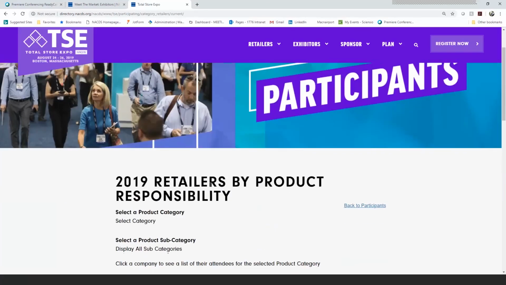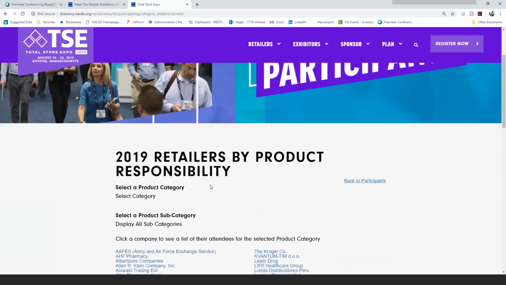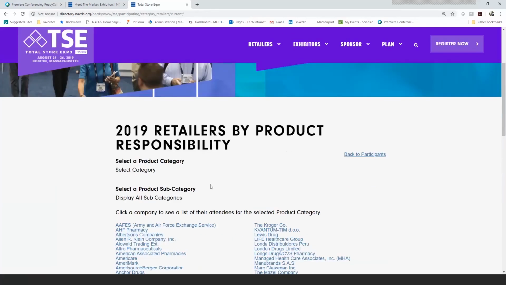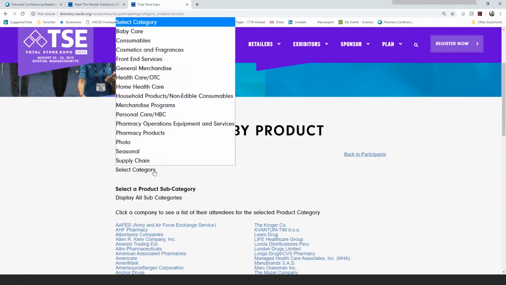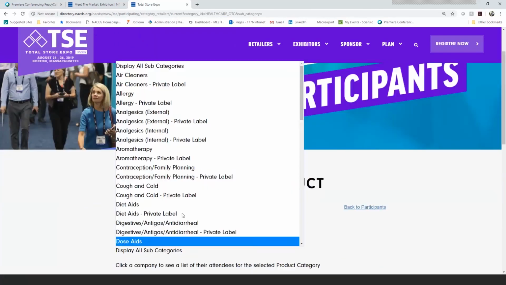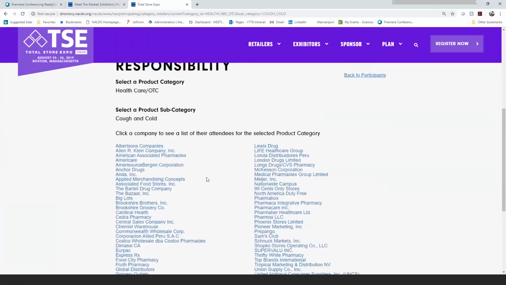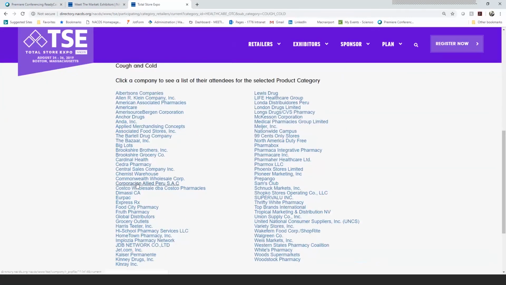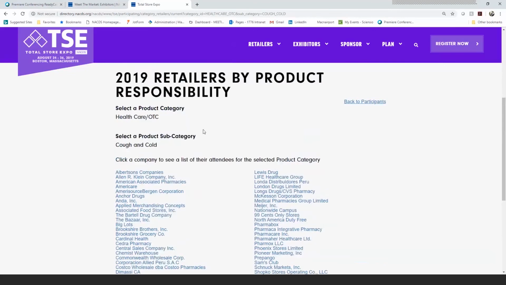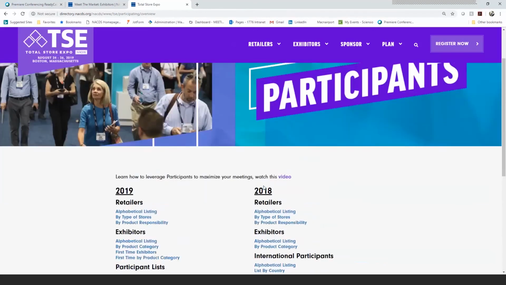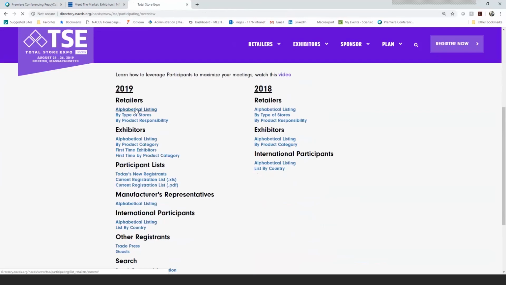You can view your buyers and their contact information based on the coordinating category by selecting the Retailers by Product Responsibility from the Participants page. Using a two-tier filtering system, you can select the category and a subcategory relevant to your company needs. Clicking on the company will display the buyer contact information, and they will be the ones within your product selection. When you click on a list and then on the company name,